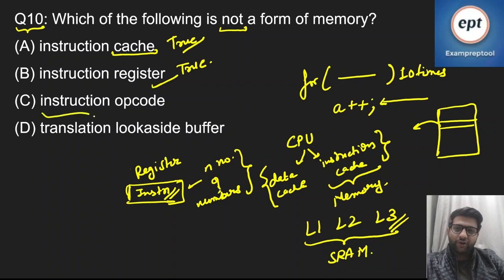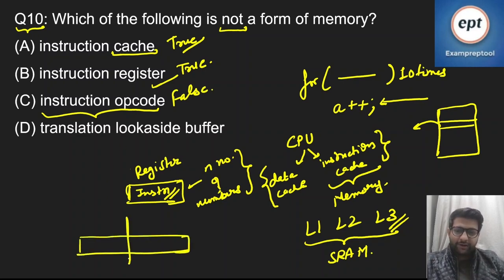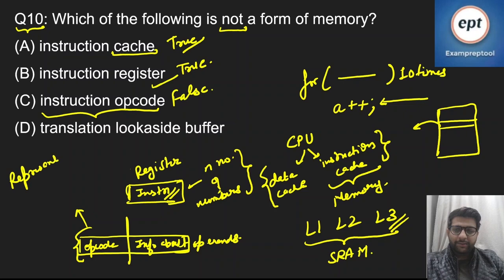Option C is saying that instruction opcode, right? This is false. Why? Because instruction opcode is not a form of memory. It is just a representation. So if this is an instruction format, the opcode and the info about the operands, right? Info about operands. See, opcode is not a form of memory. It is just a representation of a particular type of instruction,